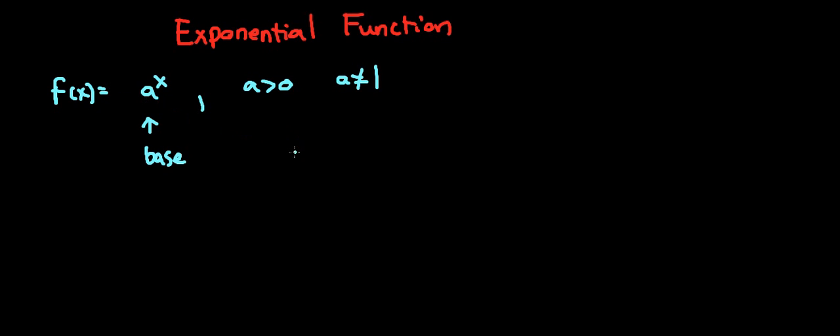And the reason for that is, let's say we had a base of minus 2, and our x was 1/2. This would be the same as the square root of minus 2, which is a non-real answer. It's a complex number. It's an imaginary number. And it's not only that we'd have to take a square root, but in between any two numbers, let's say between minus 1 and minus 2, there are going to be an infinite amount of numbers